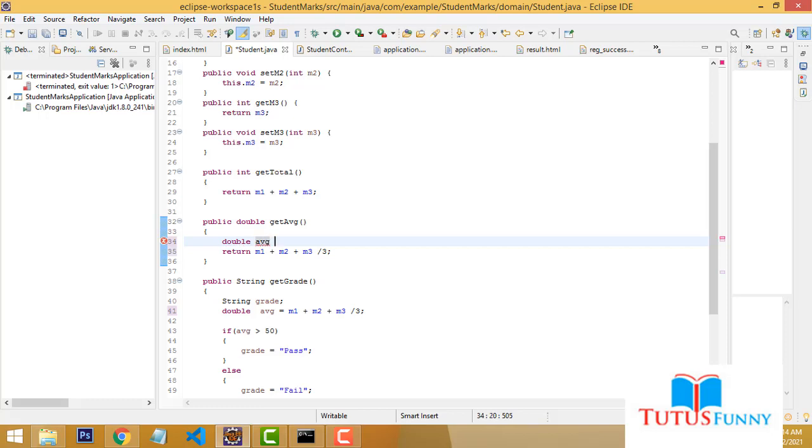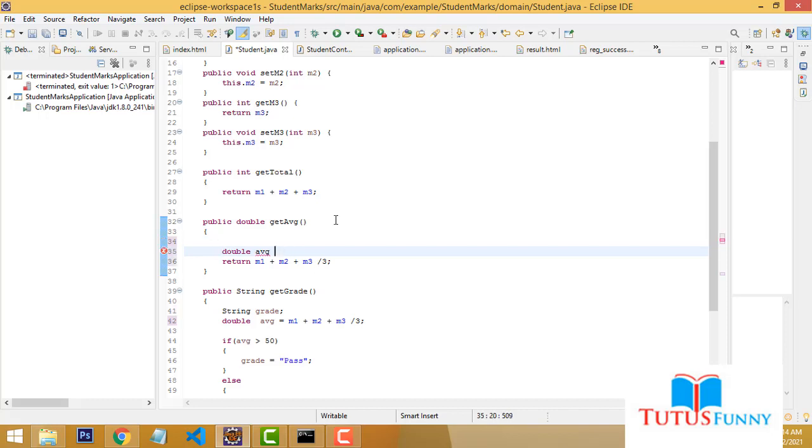Here we have to write double average, right? I'm going to create another variable, int total equal marks 1 plus marks 2 plus marks 3. If you write like this, you can easily calculate, right?